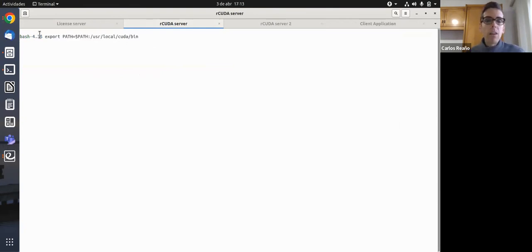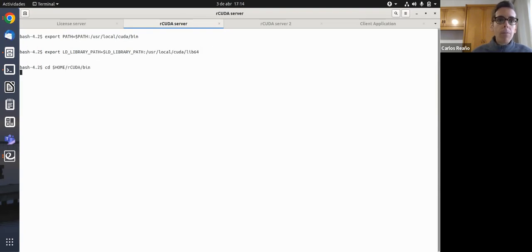Again, we export the path to the CUDA binaries, we include the path to the CUDA libraries in the library path, and we go again to the path where we have decompressed the Arcuda software and execute the Arcuda daemon. We start the Arcuda server in interactive and verbose mode. Hopefully this will run.